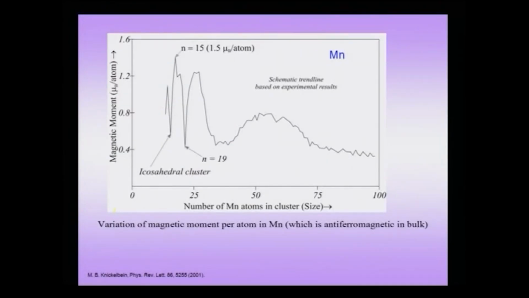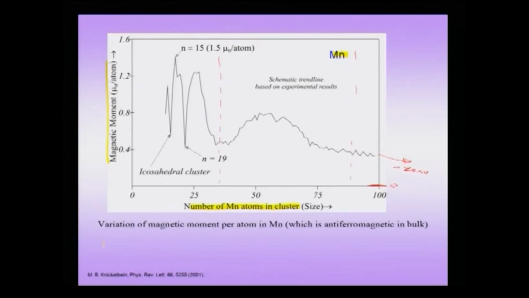Now, if you take up the example of manganese and study, like before, the number of manganese atoms in the cluster along the x axis and the magnetic moment along the y axis, again you do see what you might call three regimes. One regime which we might call the small cluster regime, one you might call the large cluster regime, and then of course, the nanocrystal regime, and finally, you have the bulk limit. The bulk limit in this case clearly is the case where there is 0 net magnetic moment, because this is an antiferromagnetic material and therefore, you do not expect any magnetic moment in the bulk form. So, ultimately this curve has to go down to 0.